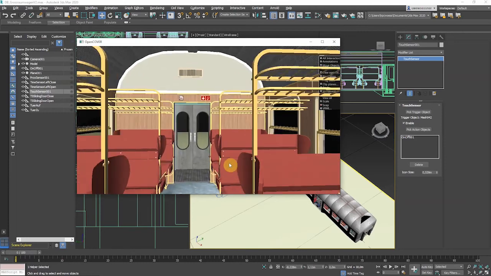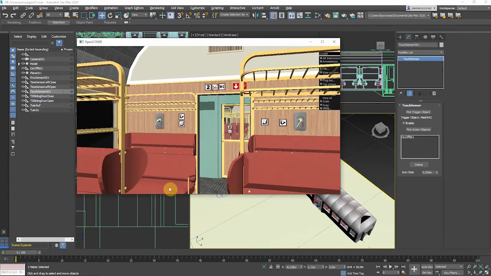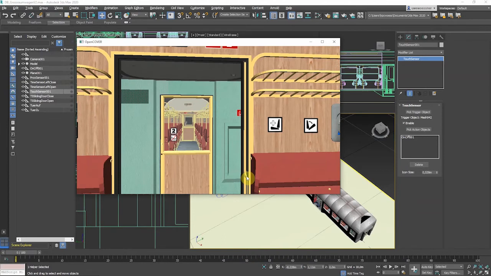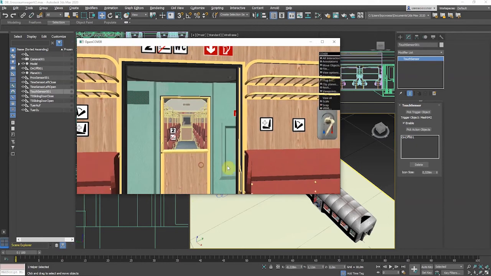Perfect. Let's go inside the car, turn around, and see if it also works on this side. But unfortunately, it doesn't close if I click on the inside door handle. This is a pity. So we would have to add another touch sensor for this side of the door as well. What you could also do is you could combine the two door handles into a single object, and then you only need one touch sensor for both. I will do this